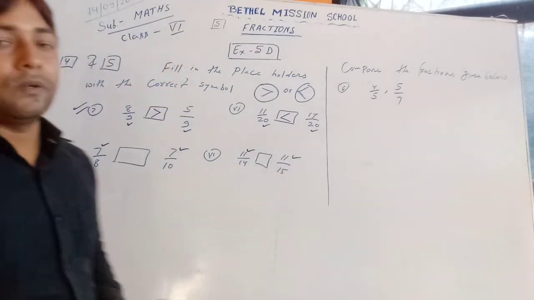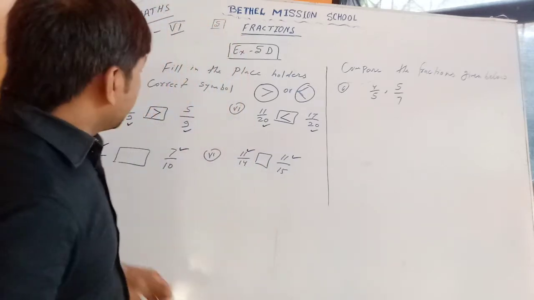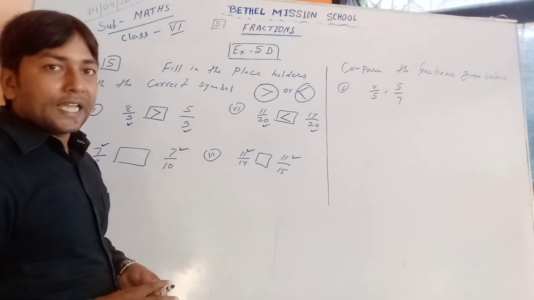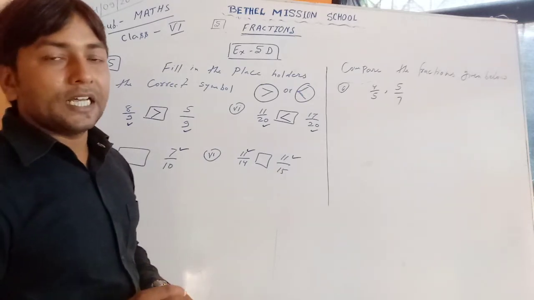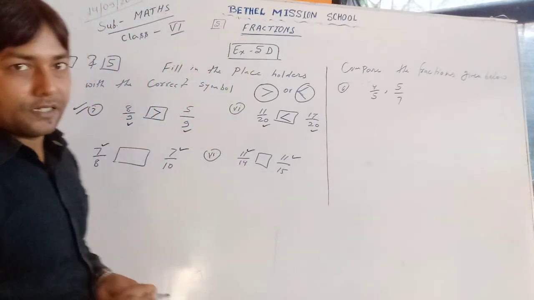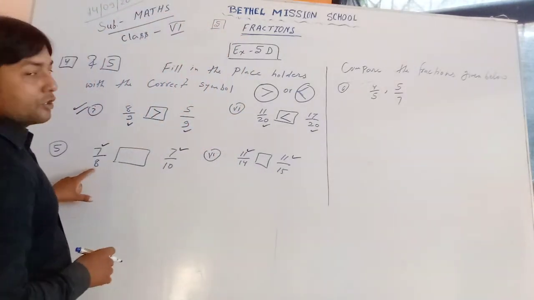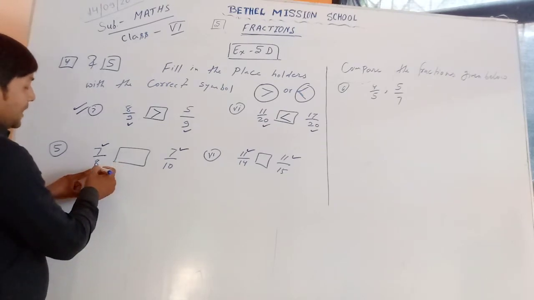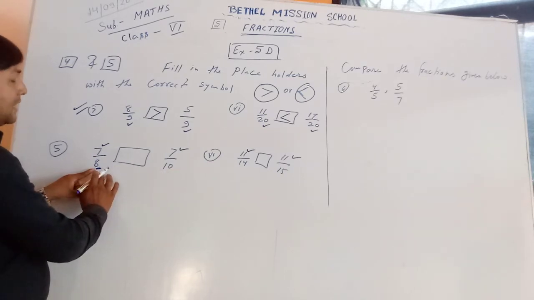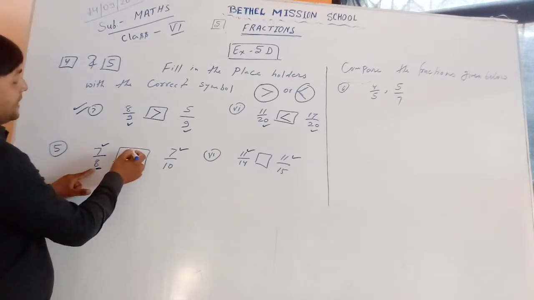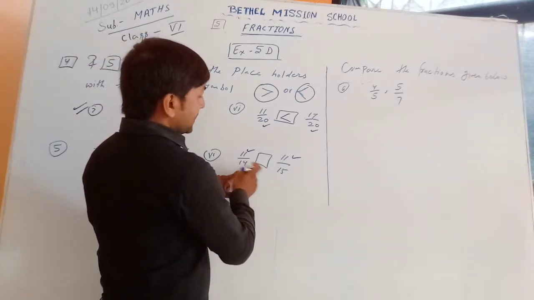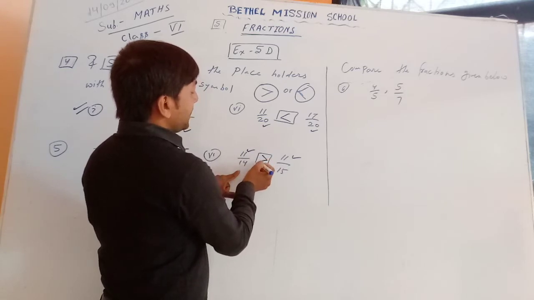Then the case will be just opposite. If the numerators are equal, then the fraction that has the least denominator will be greater. Which has the smaller denominator? Between 8 and 10, 8 is smaller, so this will be the greater. Now, 14 is less than 15, so 14 will be greater.